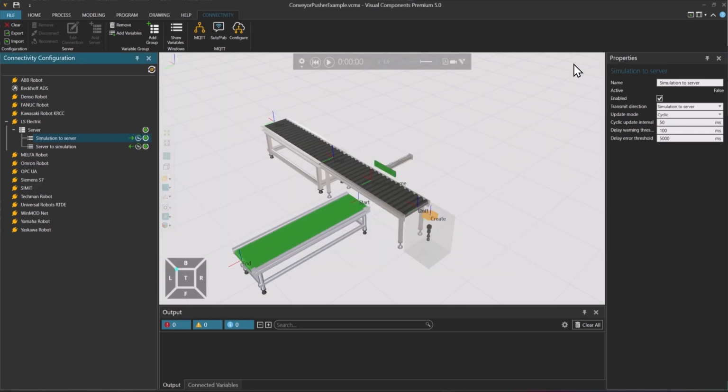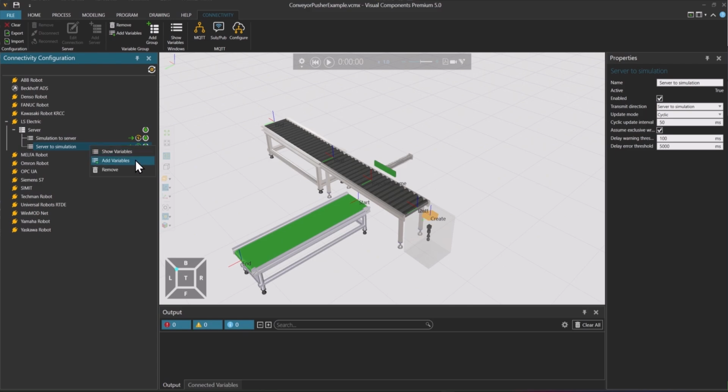Now I can close this window, and since we are now only moving two booleans, I can switch the update mode for the simulation to server variable group to be event-based, so that there will be less traffic and higher response times. The event-based mode is only supported for the simulation to server mode, so unfortunately for the server to simulation, this mode is not available.